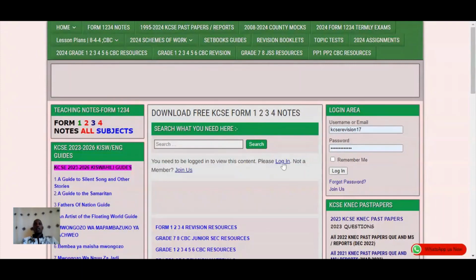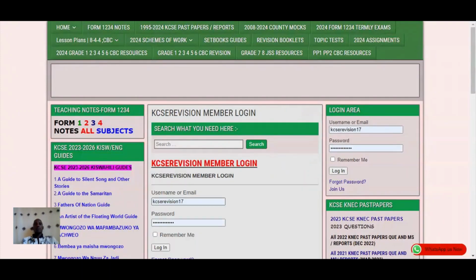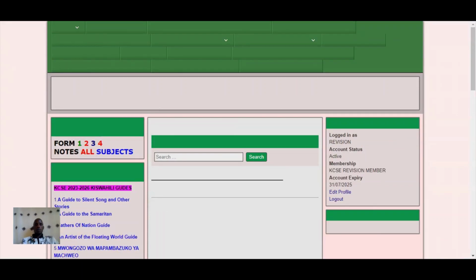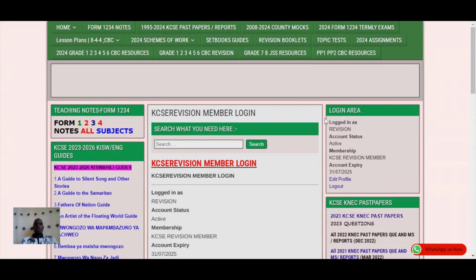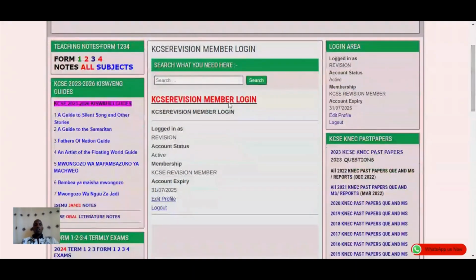If the user has paid, log in. So let me click login. And then you input the username. Put the username. And as you can see now, as the website says, you are logged in, and so the user just clicks where you have the notes,